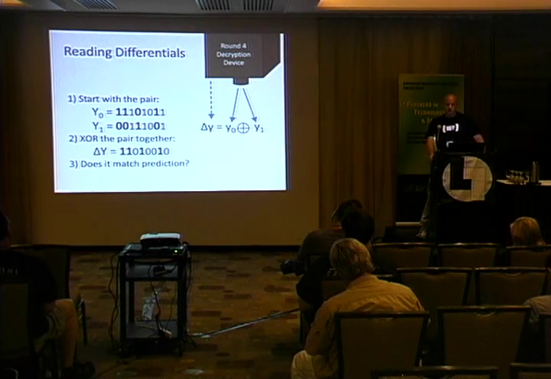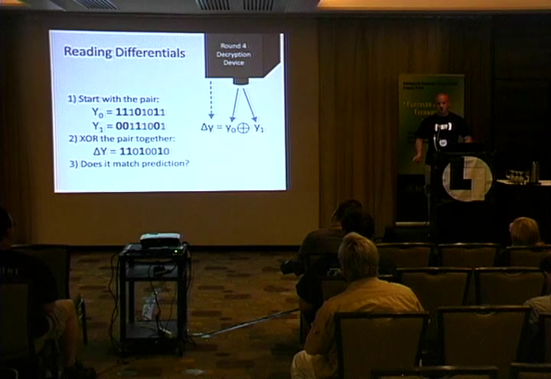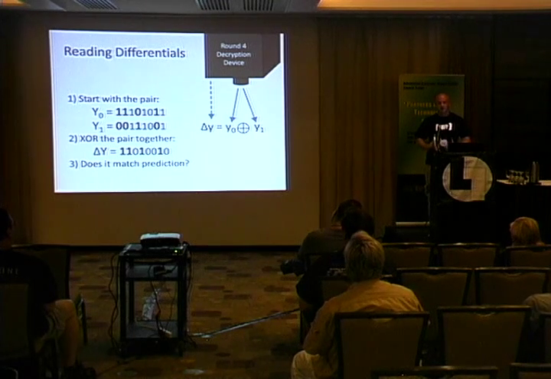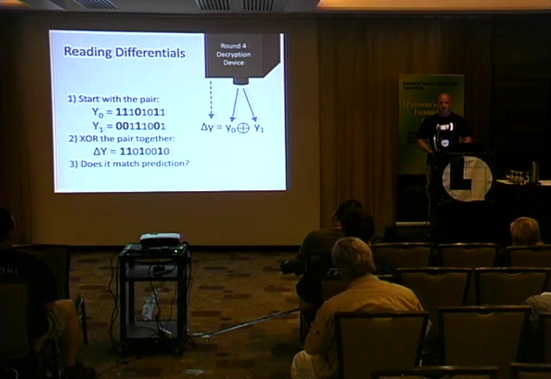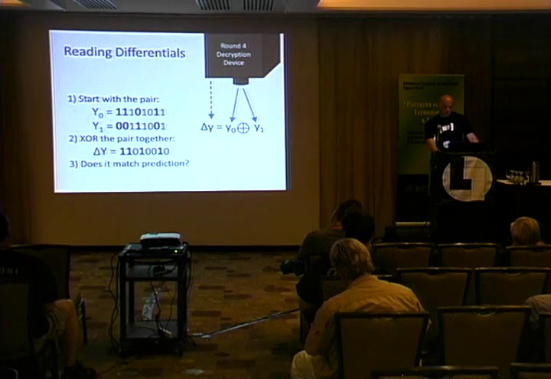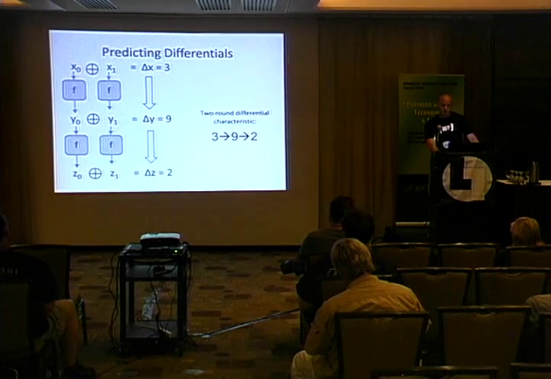On the other end, we have reading differentials. So we've injected them so far. Now when we get two numbers out, we just XOR them together and we get the differential. And this is what we see if it matches the prediction. Speaking of predicting differentials,